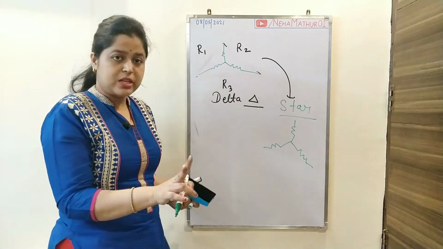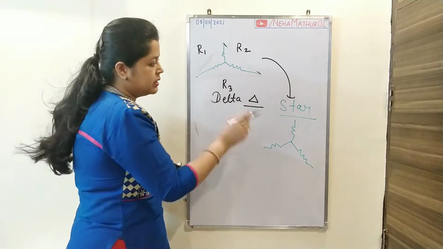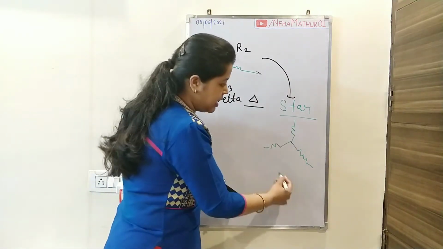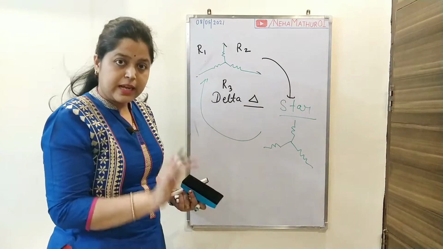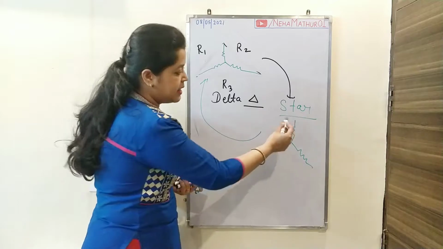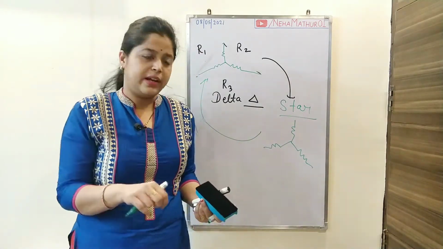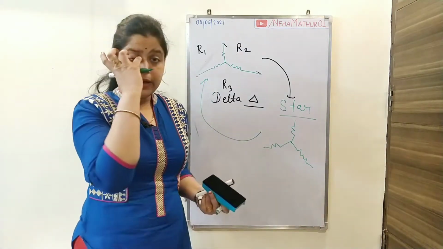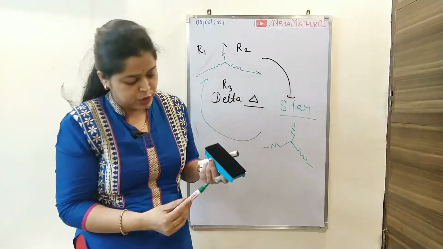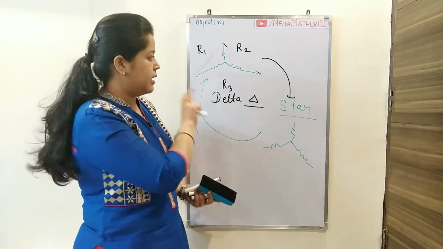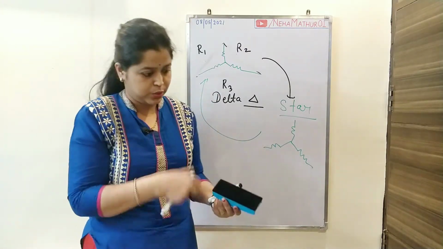Meanwhile, the second approach is, not only can you convert delta to star, if the circuit is in the form of star, then such a conversion is also possible. That means you can also convert a star form into delta. Now the thing is how we will find the appropriate resistance when we convert delta to star or star to delta. So now, making a simple diagram, I am writing the formula which is required to convert delta to star or star to delta.